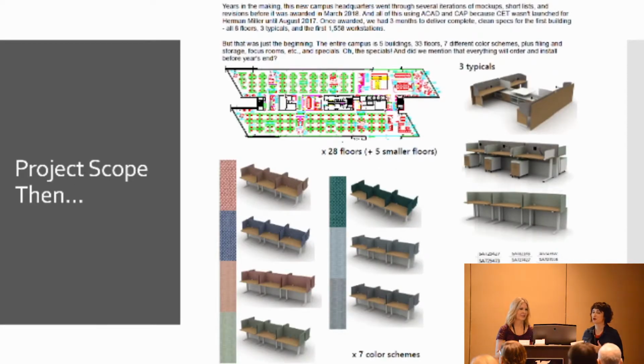So the project scope itself. We started off knowing that we had 5 buildings and 28 floors total. And there were primarily 2 or 3 typicals. And I think the other part of this and the background of it, neither of us were the bid designers. So that's why that initial